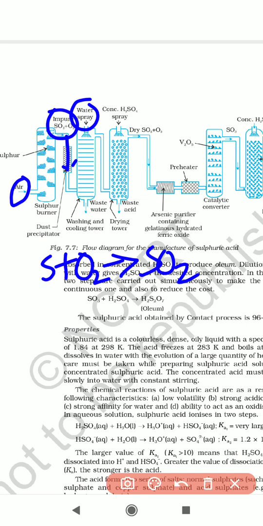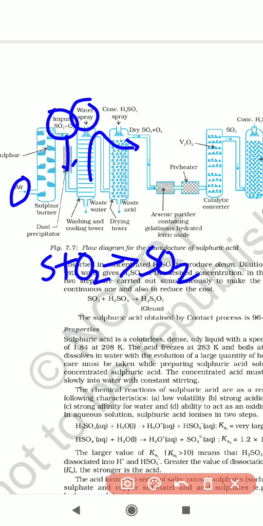So that means any other water soluble components, volatile components, or solid particles will be there. The solid particles and water soluble components are purified, and the water soluble components are collected at the bottom of this condenser, right? After that, pure sulfur dioxide and oxygen gas are allowed into the concentrated sulfuric acid chamber.